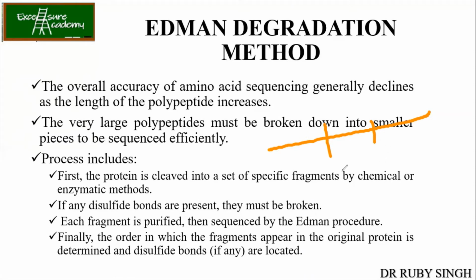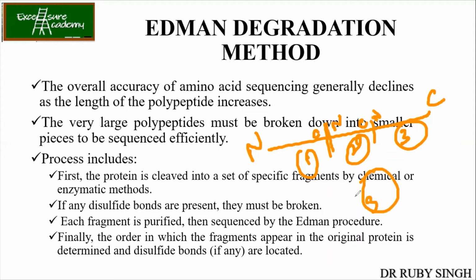fragments. So how many total fragments now? 1, 2 and 3. So then how many N terminals am I having now? Yes. Only one. Are you sure? See, however many fragments you're breaking, always if this is N terminal, this is C terminal, again this will be C, this will be N, this will be C, this will be N, right? So again you have 3. Three, ma'am. 3 N terminals will be there.